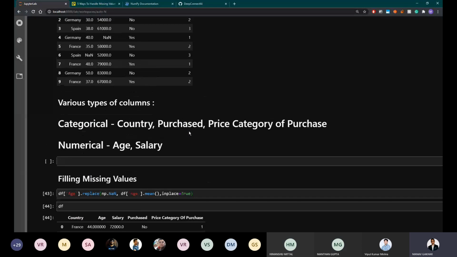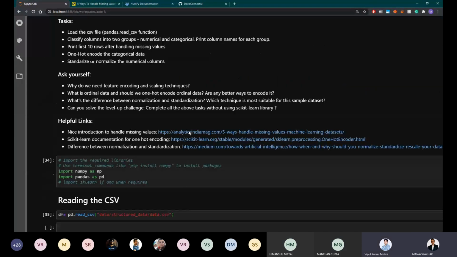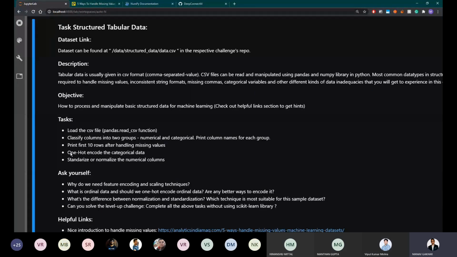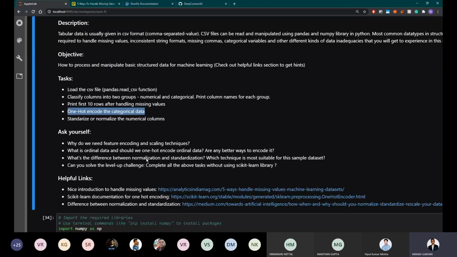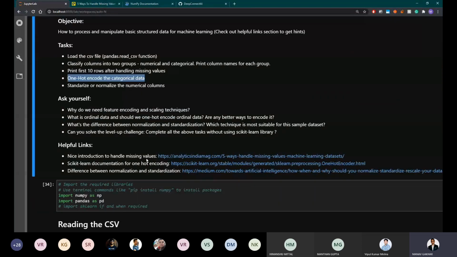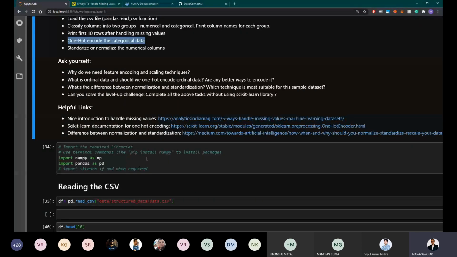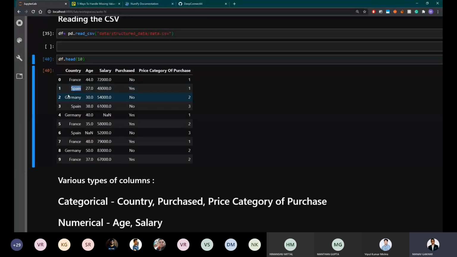And the next question was to one hot encode the categorical data. I'm so sorry for this. This is sort of misleading because abhi one hot encode ki zarurat nahi hai hame, to be very honest. But what I meant to say was basically convert them into a useful format. We'll eventually see that machine learning algorithms can't understand this. They can't understand France. They can't understand Spain. We need to convert this into numbers, and numbers that make sense, that the algorithm can interpret well. Otherwise it just simply won't work.